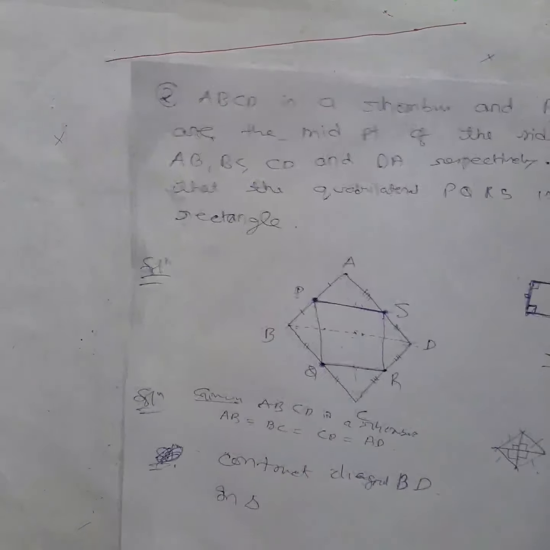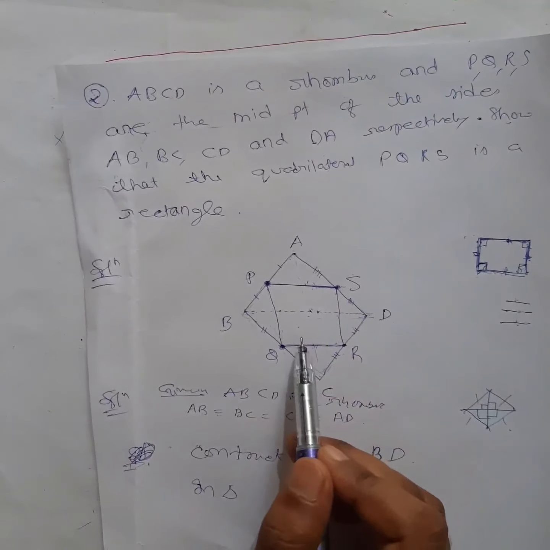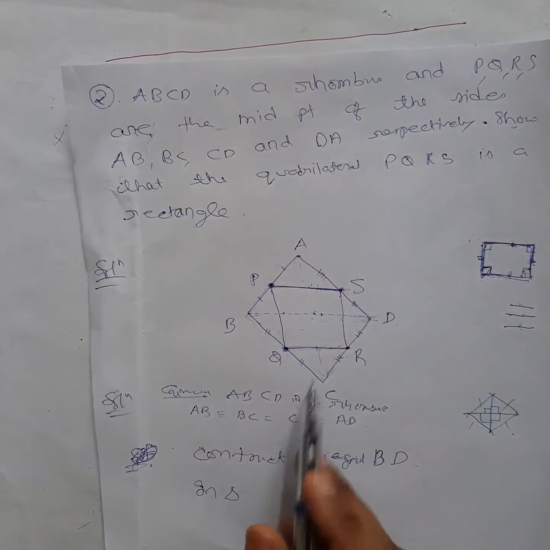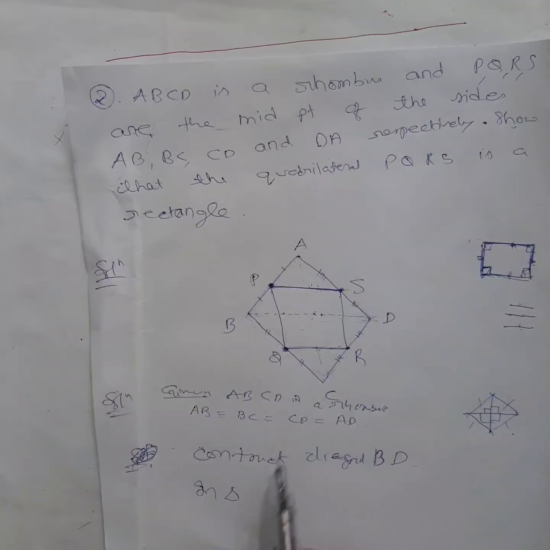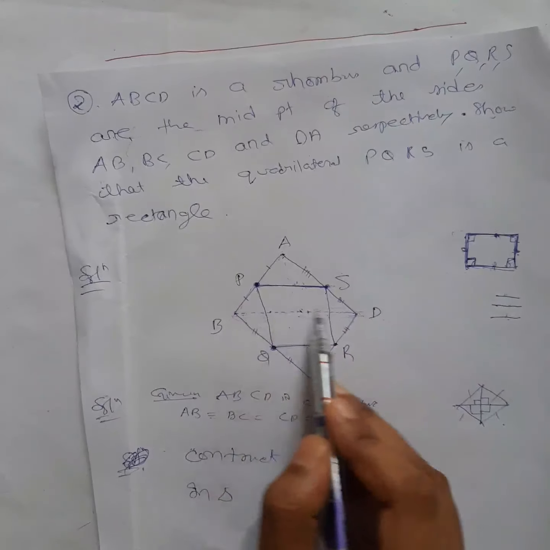If you want to understand from the theory, it will be very difficult to understand. So always try to understand things from the diagram only. You try to figure out how you will find the solution, then you write those things down. So I'm going to show this parallel to this first, from this triangle.